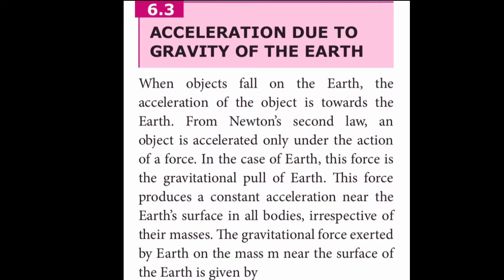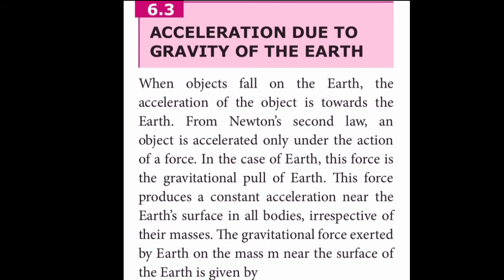In your earlier classes, you discussed the acceleration due to gravity. The same concept you are going to study here also, but in some vector notational form. Now consider, when an object falls from a certain height, it reaches the ground. So what about the speed of the object when it reaches the ground? That is known as acceleration due to gravity. So we are going to use Newton's second law, and also Newton's law of gravitation, and we are going to derive the value of acceleration due to gravity.